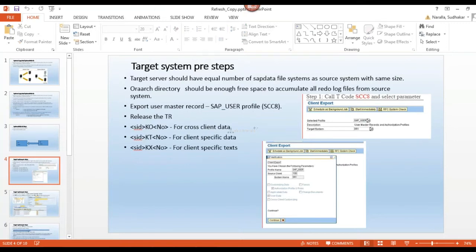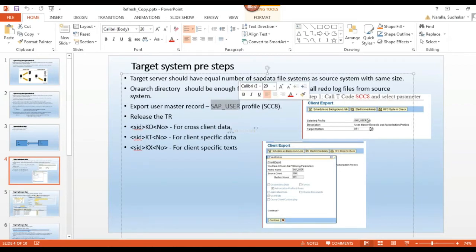How can we take a users export? Using SCC8 code. In client administration, client export import we have discussed, right? Which profile do I need to select? I need to select SAP_USER profile because I want only user master data export. Okay, go to SCC8, select this profile SAP_USER.